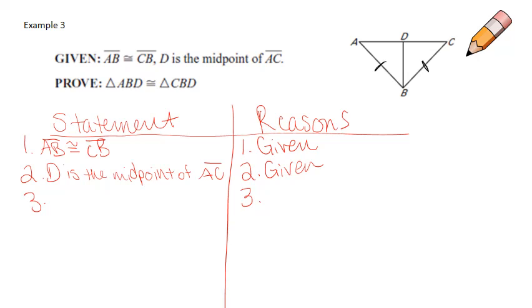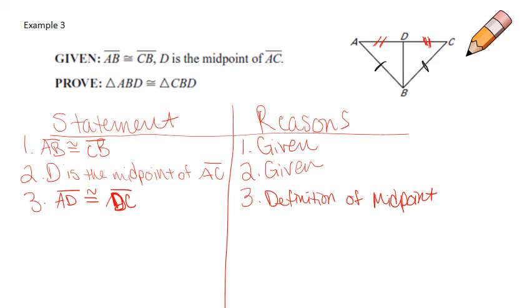And remember, midpoint by its definition means in the exact middle. So therefore, we can conclude that the line segment AD is congruent to the line segment DC, and we know that by the definition of a midpoint. So let's write that down. Line segment AD is congruent to the line segment DC, and we know that by the definition of midpoint, because a midpoint cuts a line segment exactly into two equal parts,